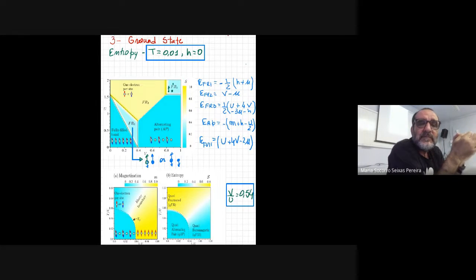In this case, we plot the entropy at temperature 0.01, and you choose magnetic field equal to 0. And when we plot the entropy, we can identify the possibility of pseudo transitions, simply by looking at this figure. And here we have these ground states. Inside we have the eigenvalues. The important part is this region, these two regions